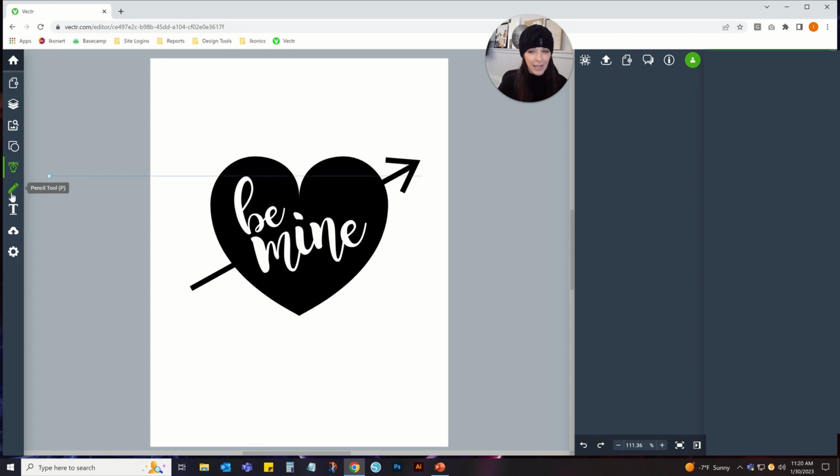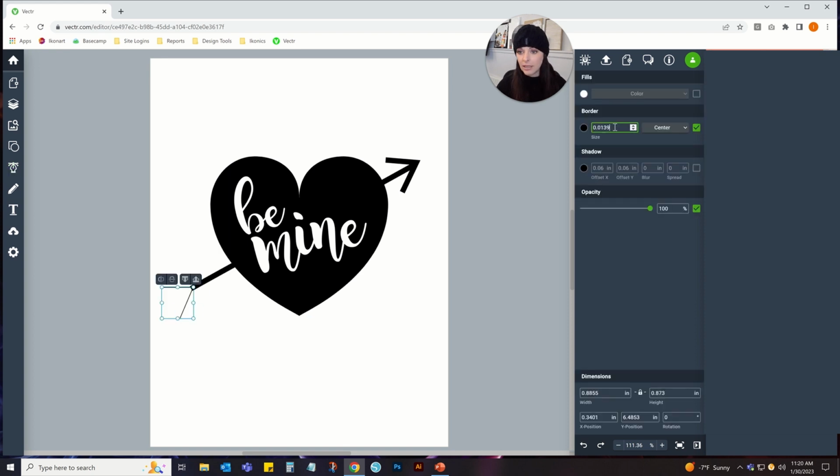So again, you can freehand it with a pencil. The pencil is a little trickier, but if you want to, you can. But you'd have to get really good at it. So that's why I prefer to use the pen tool, so that I can actually make points. To use the pen tool, I literally just click, and then I can drag this part wherever I want, and then I click again, and then click again. Okay, and then escape to get off that tool, and then select it and make it again